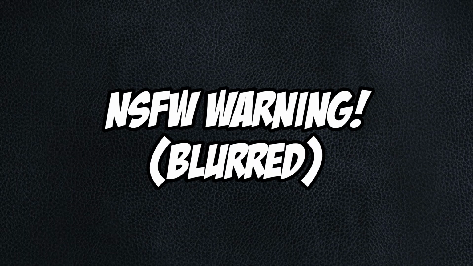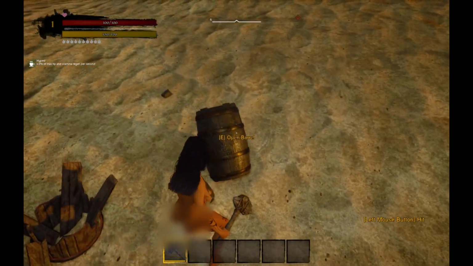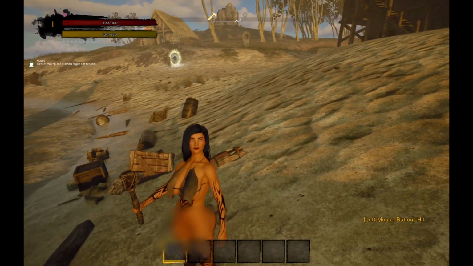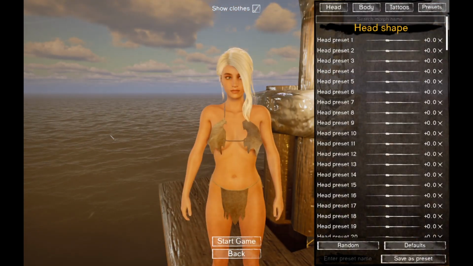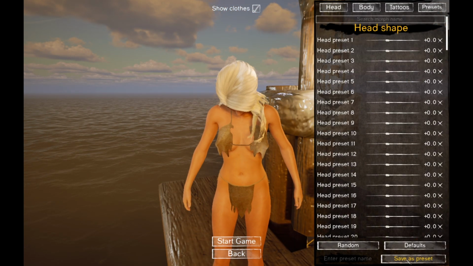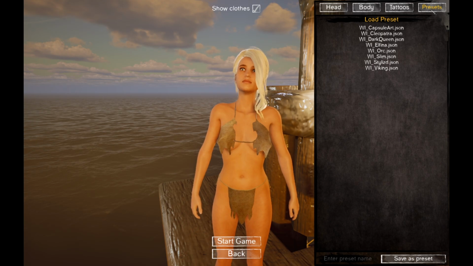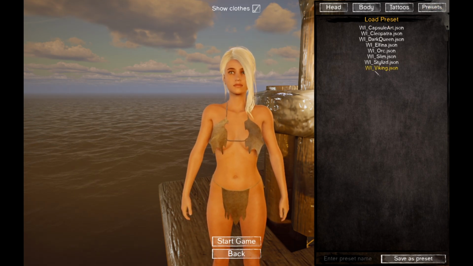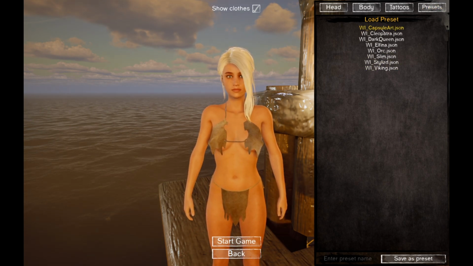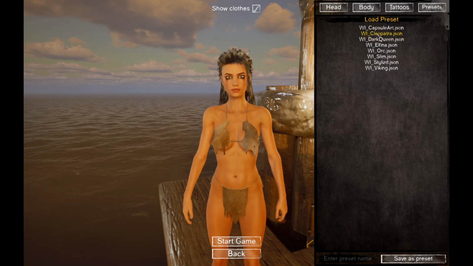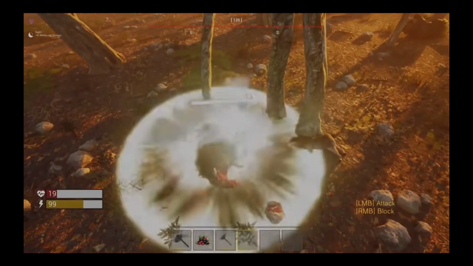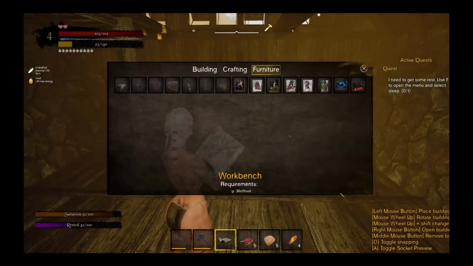Some not safe for work stuff ahead, blurred obviously. Wiccan Island demo is basically if you took a heavily Lover's Lab modded Skyrim and set it on an island. Like the devs definitely played some Sex Lab Skyrim before they were inspired to make this game. It's got the basic bones of Skyrim and the quest system, and it's got the extra bones of stuff like race menu and Skyrim's many defeat mods. It's unfinished, and I would suggest a pass for now. I mean, especially if you're not into that kind of game.